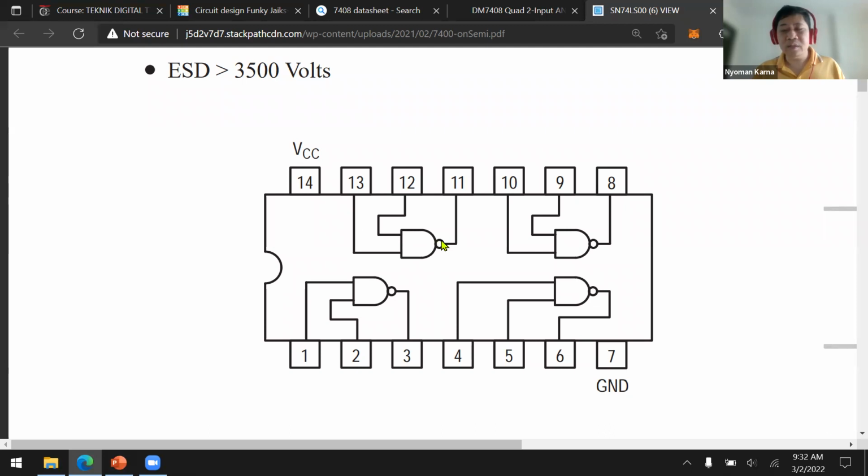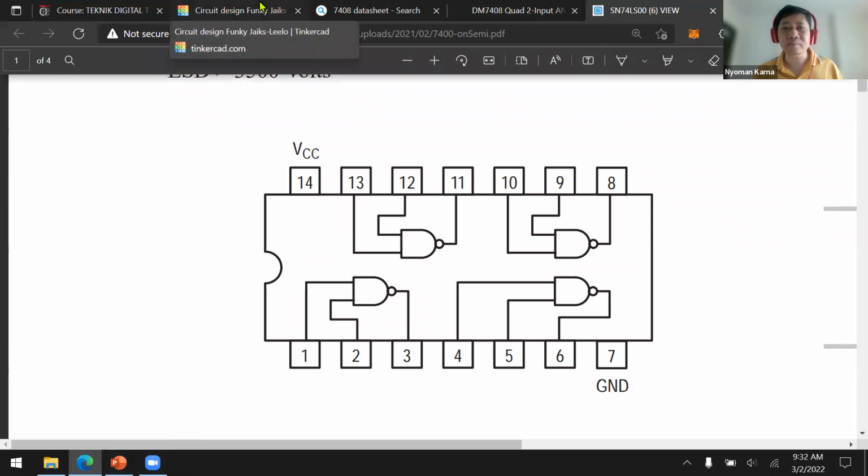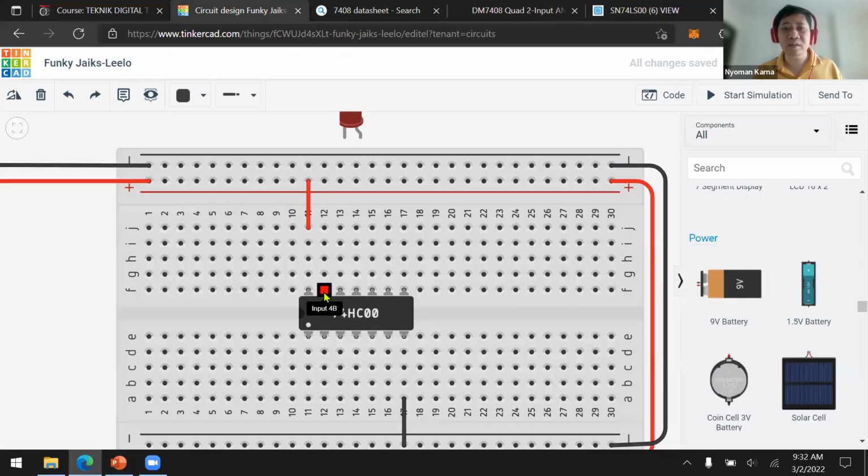Let's try to use this NAND gate. The input is pin 12 and pin 13, and the output is pin 11. So we're going to use this input 4B, this input 4A, and this output 4.